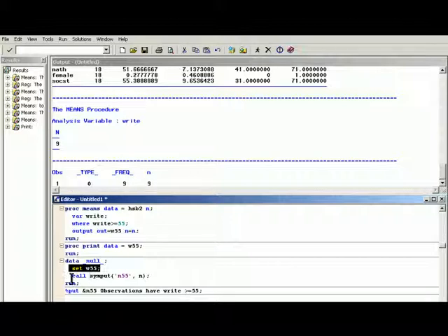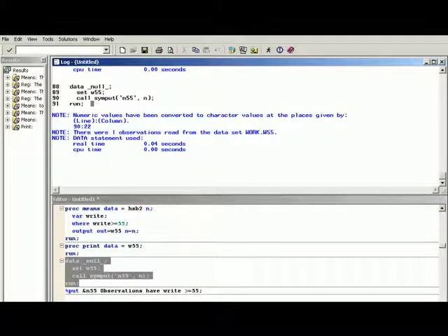And then we're going to say call symput, and we're going to put the value of n, which currently is 9, and we're going to stuff that into a macro variable called N55. And notice that we put that in single quotation marks, and that's important, that's required. So if we run this,